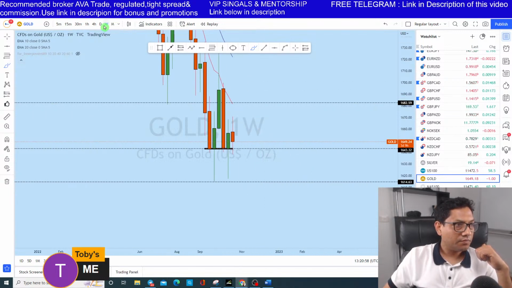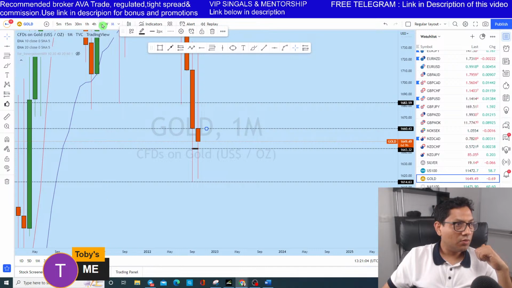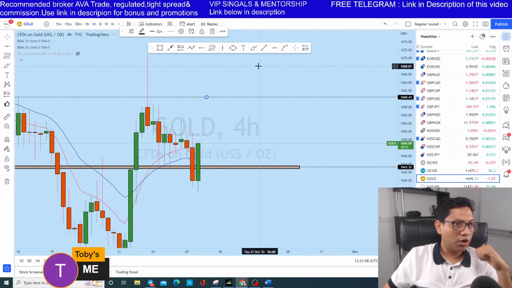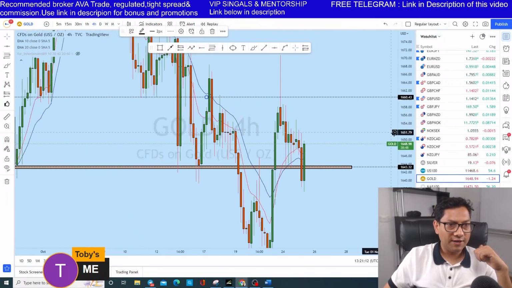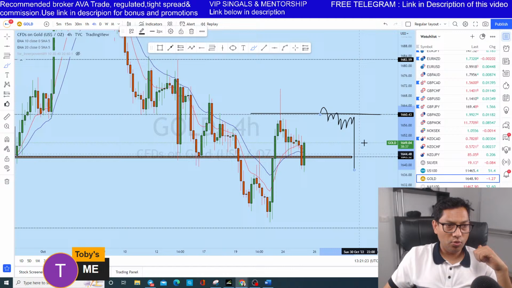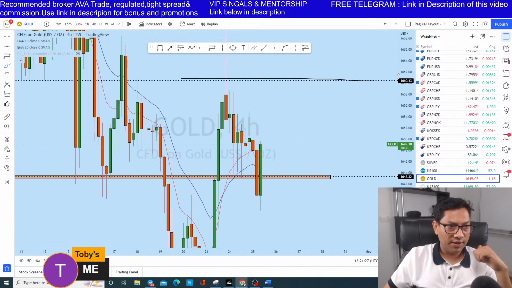Looking at the monthly, let's draw this monthly opening and close. For short term, gold is bullish. I don't think it will be a big move on gold. I think it will come back to this zone and then probably move sideways. But for short term, it's looking bullish,